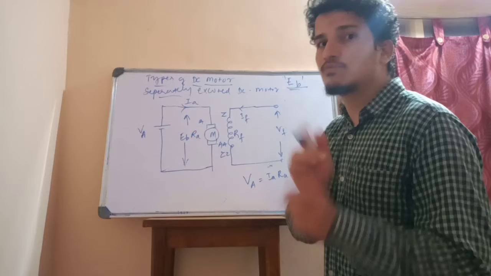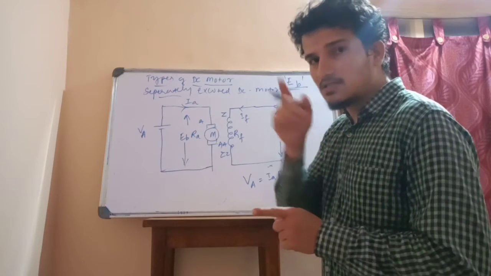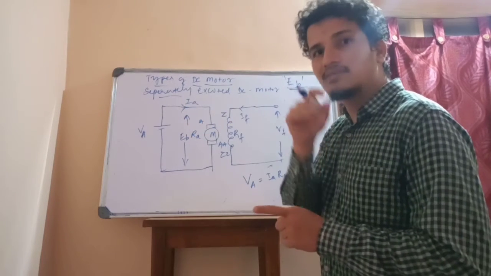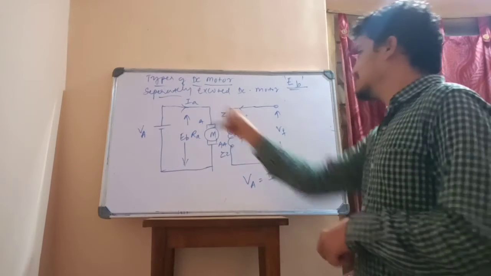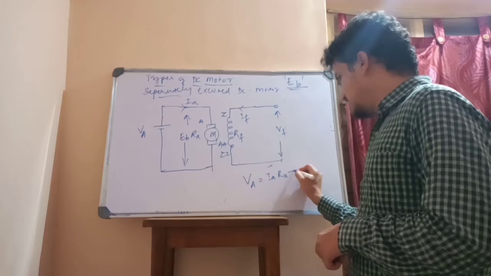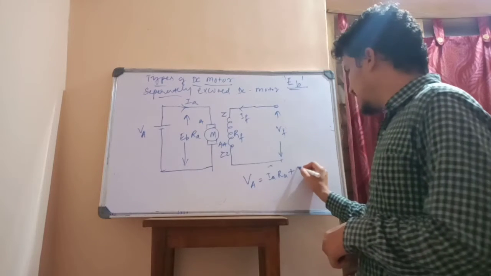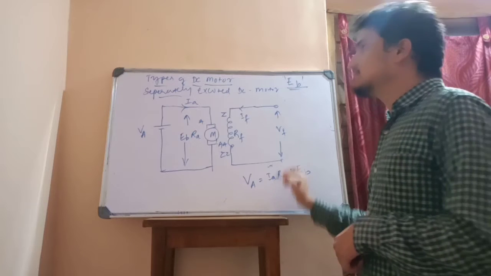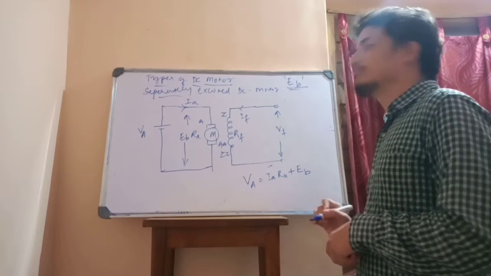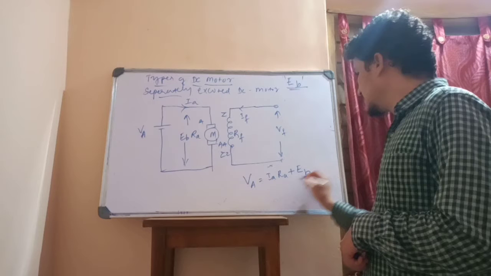Don't get confused with drop and loss. Loss is I square R, drop is IR. Okay, IA RA. So this drop plus back EMF EB, that is EB plus IARA plus